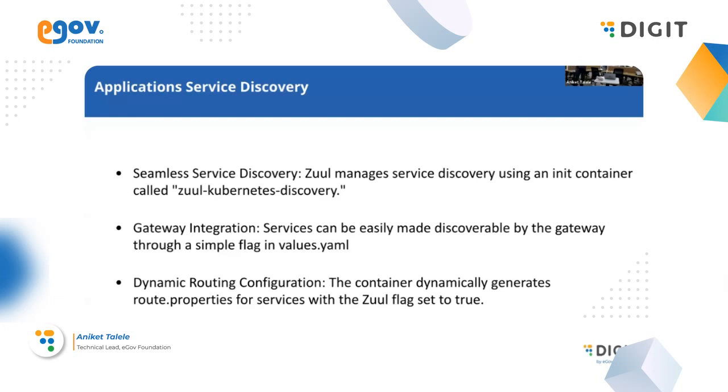So if you set it to true, that service becomes discoverable by Zuul. So when this Zuul Kubernetes discovery starts, it will call this Kubernetes service API, get all the services that are running in the cluster, and for whichever service that flag is set to true,